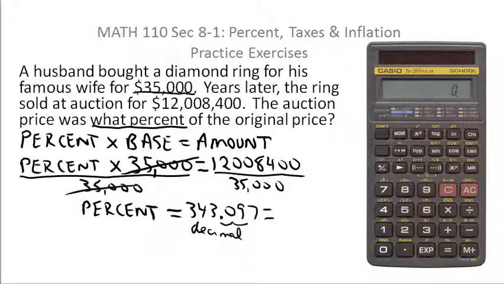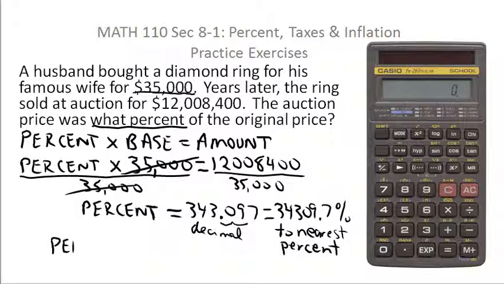So you end up with 34,309.7%. The problem, even though I didn't write it here, actually asked for this answer to be to the nearest percent. You have to be very careful when you're reading these problems, and I didn't write it here, so there was no way you could have read it here, but in the actual textbook problems or on your problem set, it will be very specific about how to round it. It says to round it to the nearest percent,